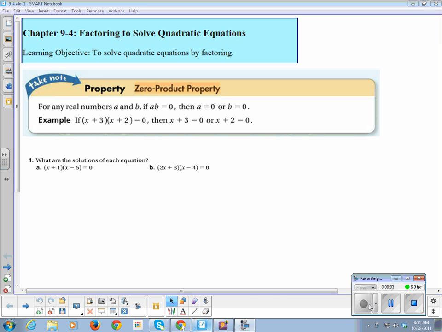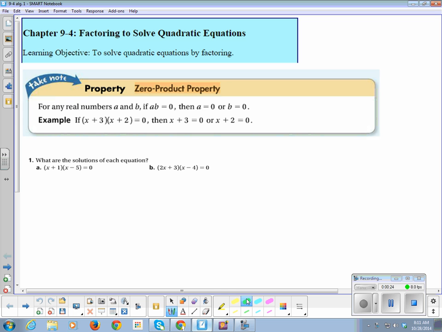Alright, so today we're going to talk about Chapter 9, Section 4, Factoring to Solve Quadratic Equations. Our learning objective is to solve quadratic equations by factoring. So you guys have to take note. Let me highlight. I'm going to highlight most of this,